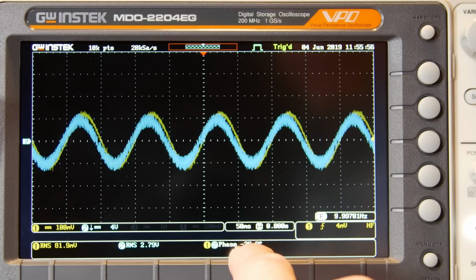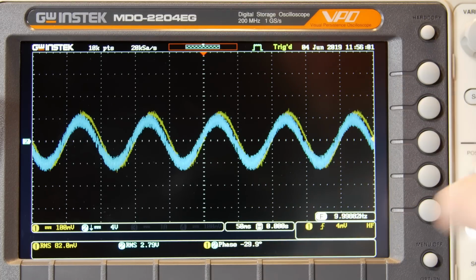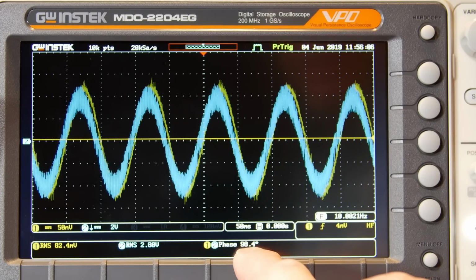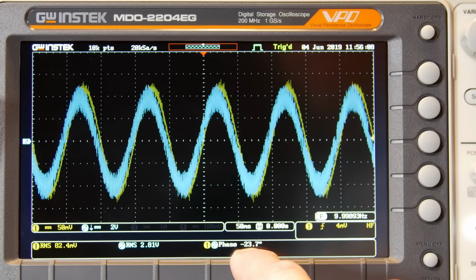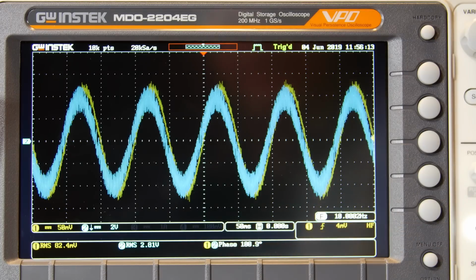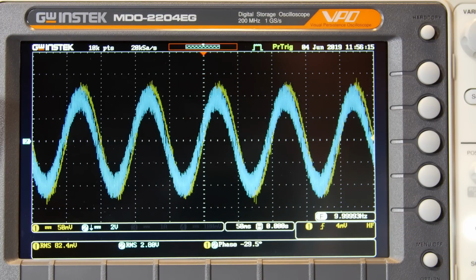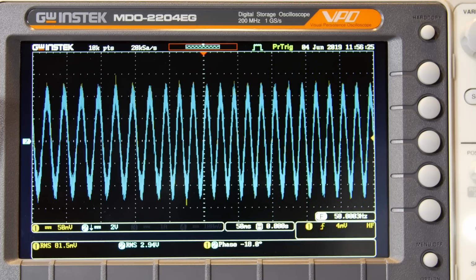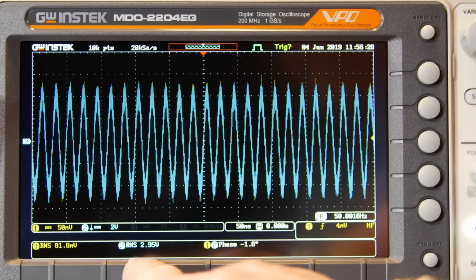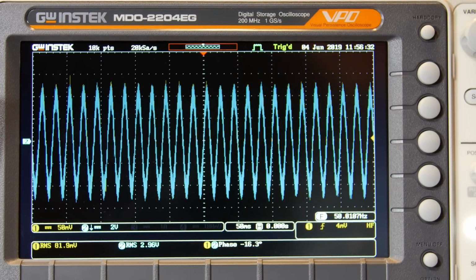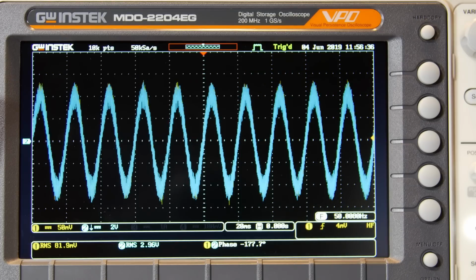Okay, so it's kind of jumping around. We're getting some noise, but it's around 30 degrees. You can see it bouncing around here. Now I'm going to start increasing the frequency. What we're doing is checking the amplitude to make sure that the amplitude here and here stay about the same. And at the same time,